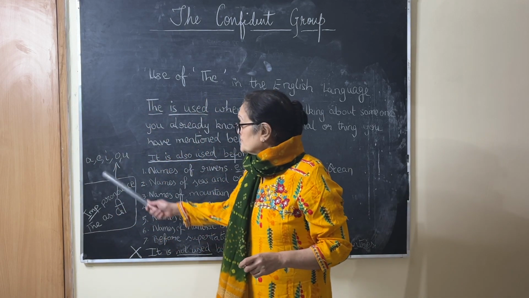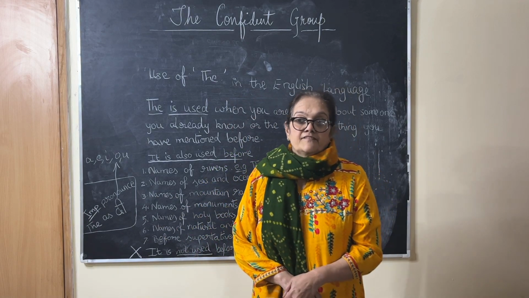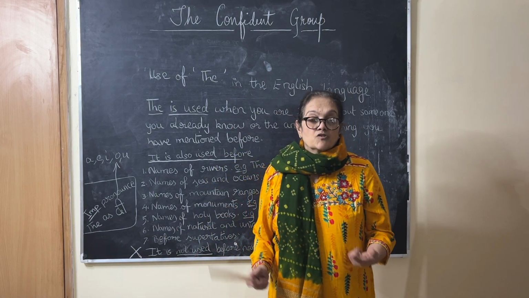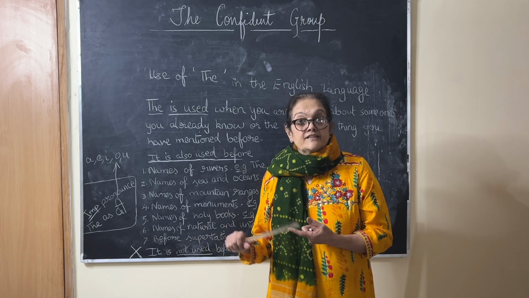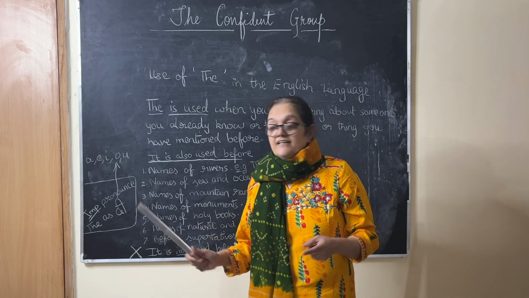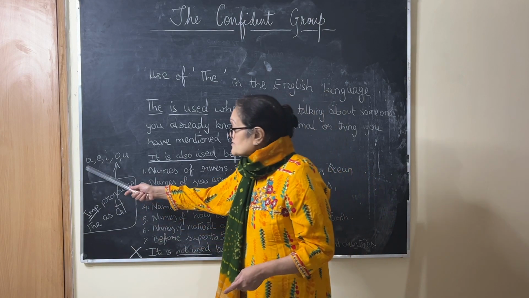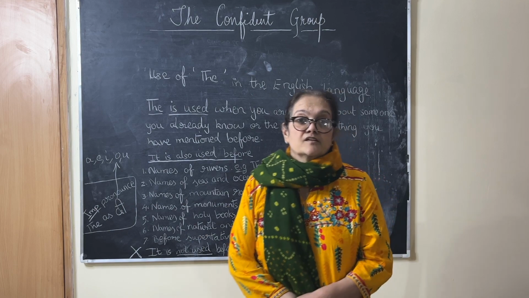The is pronounced "thee" with words that start with vowels. Example: the elephant was in the jungle. The lion was in the jungle, but the elephant. Why do we say "thee"? Because elephant starts with E. So any word that starts with E,